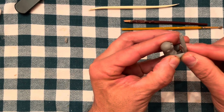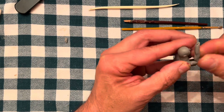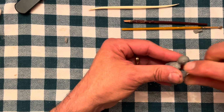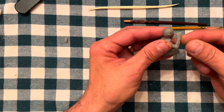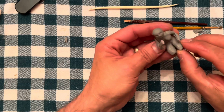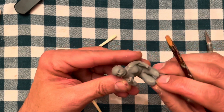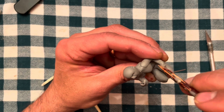Shaping the arm takes a lot of practice. Constantly refer to your reference drawing to make sure that you're getting the arm to look right, and forming a ball for the hand, and then flattening the ball to start making a hand shape. This is tricky, especially as sometimes the clay will move around and expose the wire, and you have to force it back in place. But be patient, refer to your drawings, and form the arm, showing where the forearm is